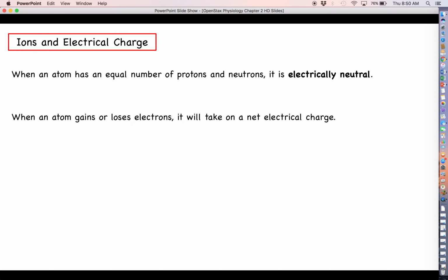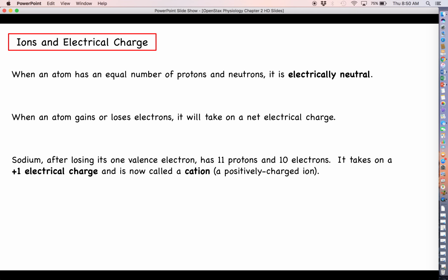So you can imagine that if an atom willingly gains or loses electrons, this is going to have an effect on its electrical charge. It will take on a net positive or negative charge depending on whether it gained or lost electrons. If we stick with the sodium and chlorine example, sodium, after it gave up its 1 valence electron, then has 11 protons and 10 electrons. So it has 1 extra positive charge that is not balanced by a negative charge. We would say it takes on a +1 electrical charge,